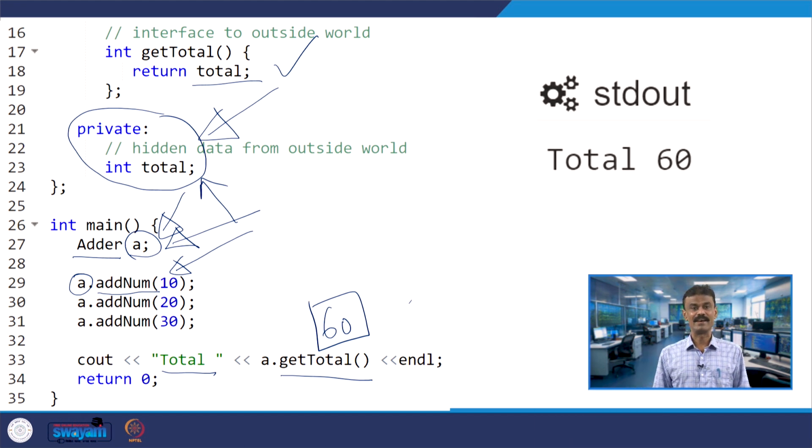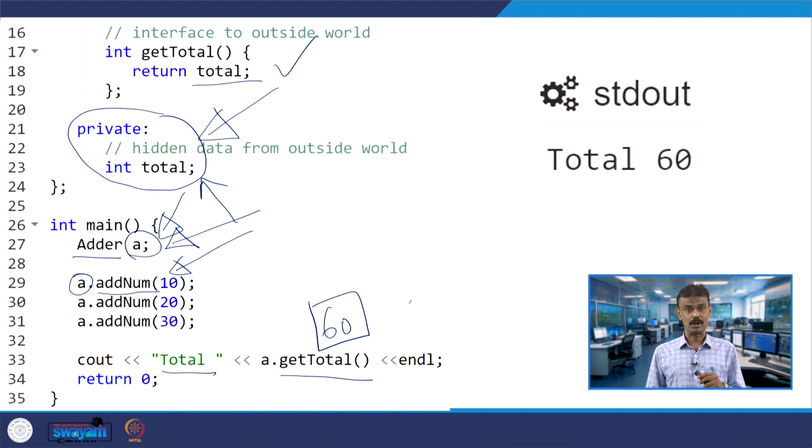So, basically where you are hiding the data is line number 21 to 23. This is data hiding, and you call this concept encapsulation. You have a private member data, and then you have several public member functions. Through the public member functions, we are able to access this private data.